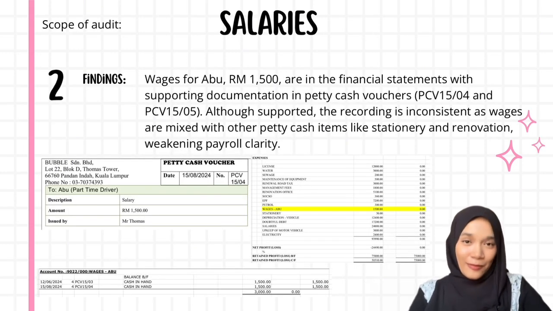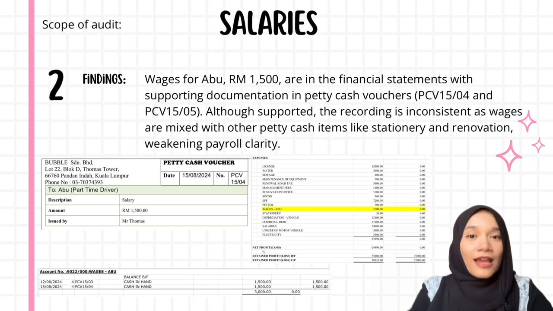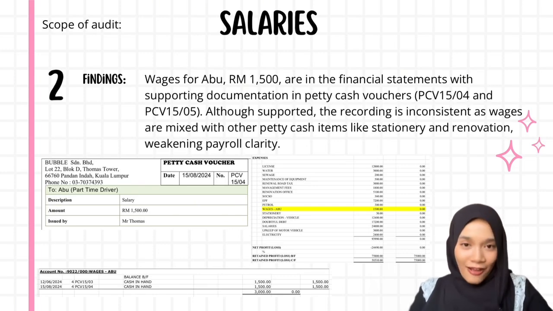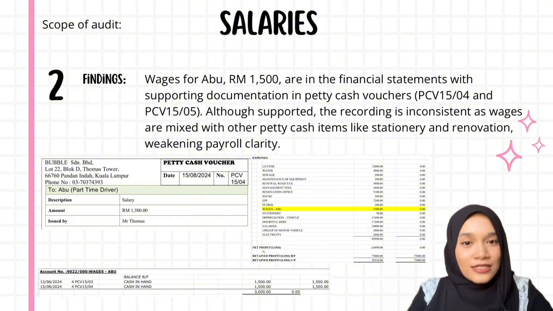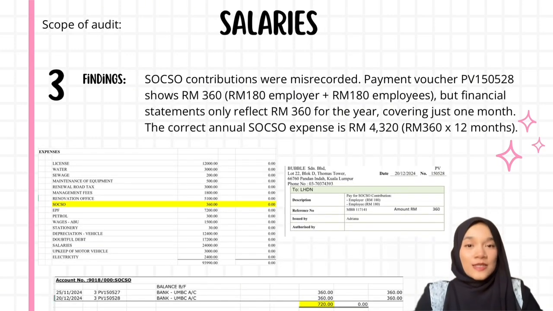Secondly, regarding part-time labor, 1,500 ringgit in wages for Abu were included, supported by petty cash vouchers PCV 15/04 and PCV 15/05. However, the recording is inconsistent as these wages were mixed with unrelated petty cash items like stationery and renovations, which weakens the clarity of payroll reporting. Thirdly, EPF contributions were incorrectly recorded, while payment voucher PV150528 currently shows a contribution of 360 ringgit split between employer and employee portions. The financial statement only reflects this amount for the entire year, resulting in a significant gap from the actual